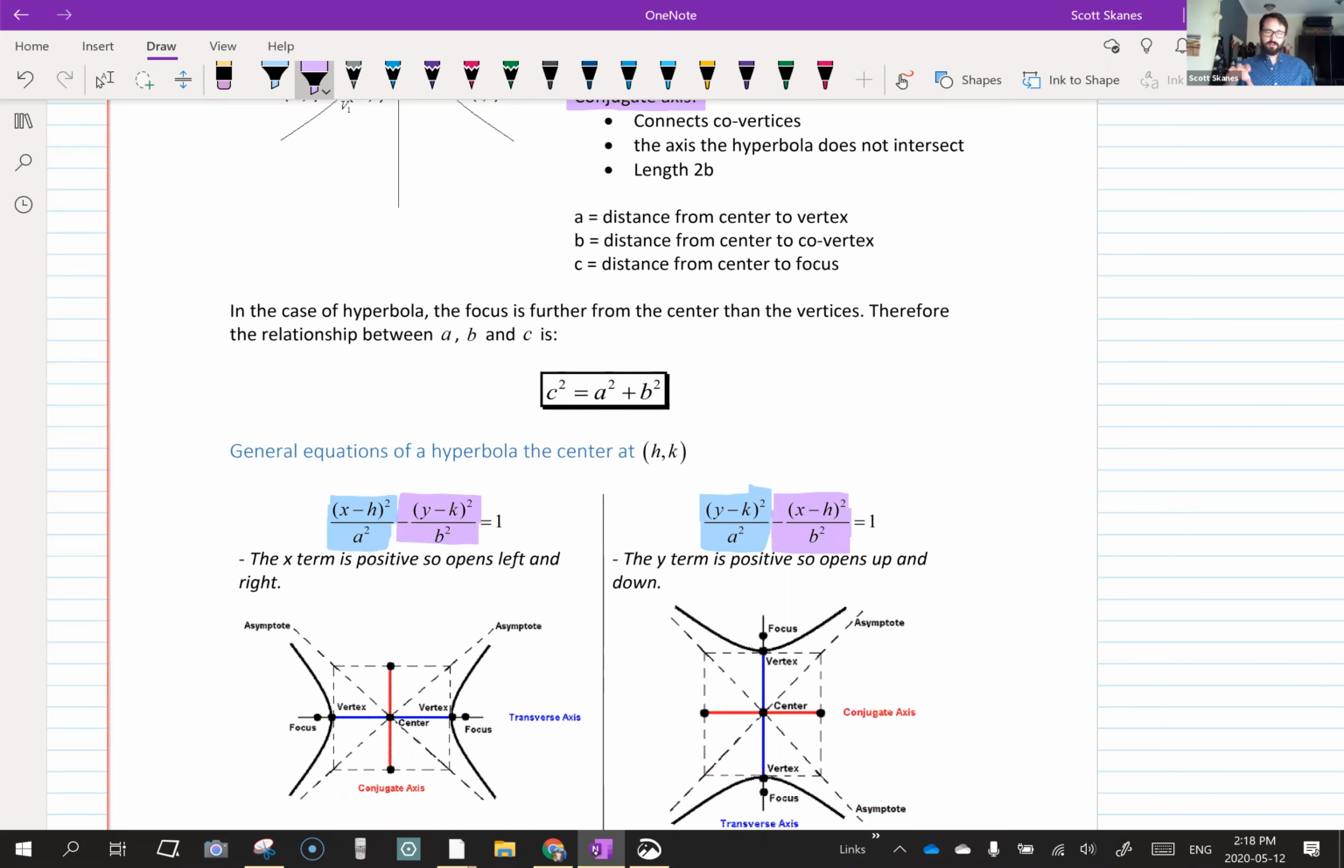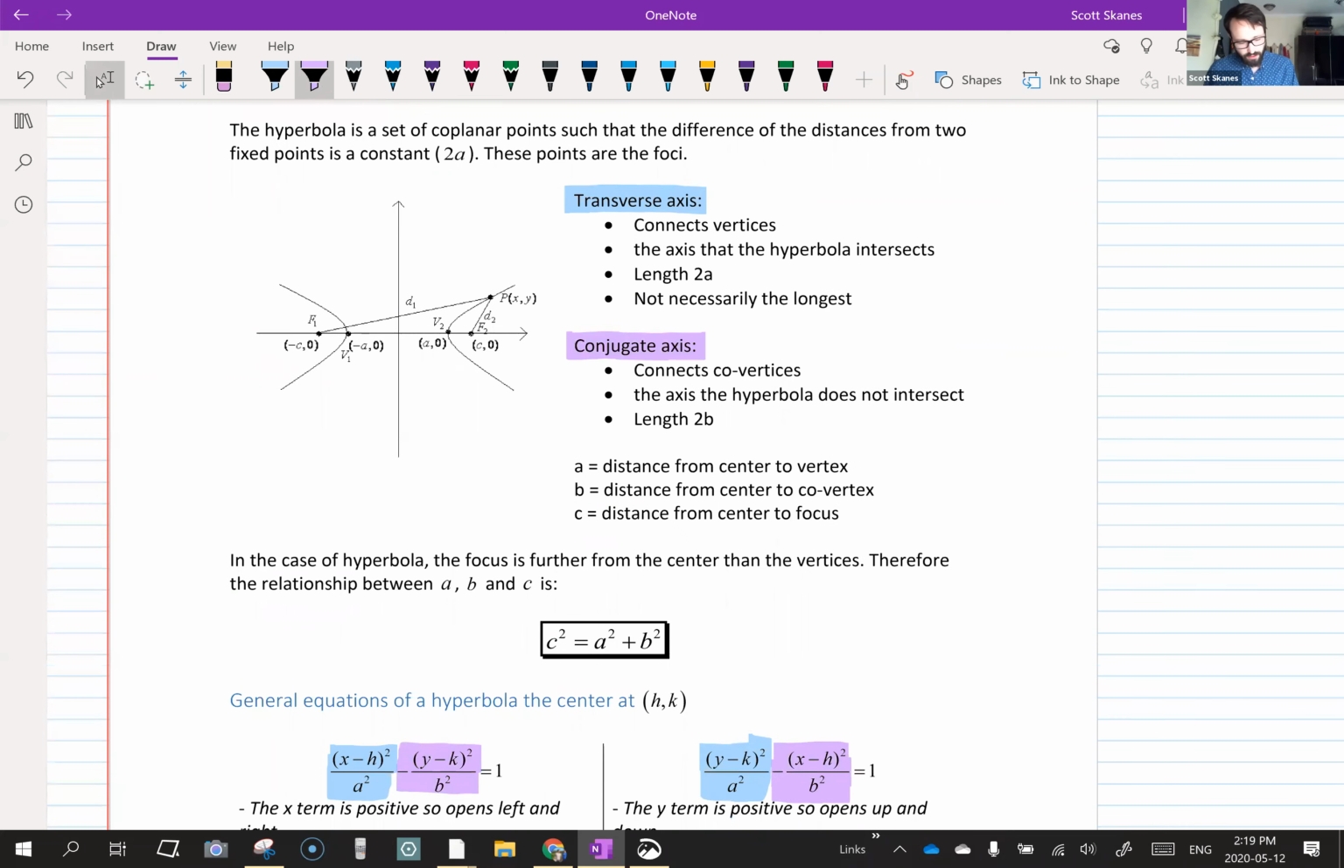So if the x comes first, then the y piece is the conjugate axis. And if the y comes first, then the x piece is the conjugate axis. And I'll explain what all this means very soon. And you should see